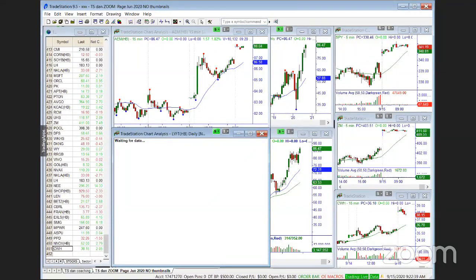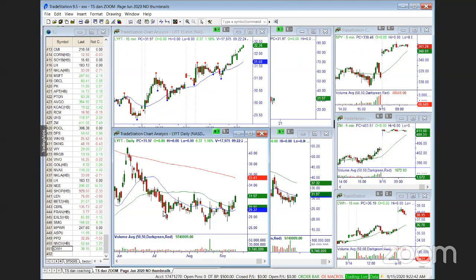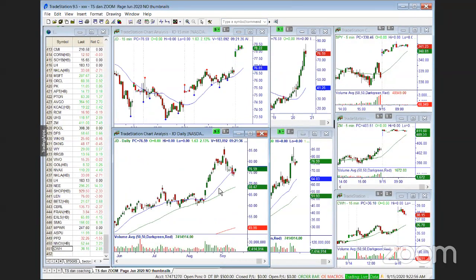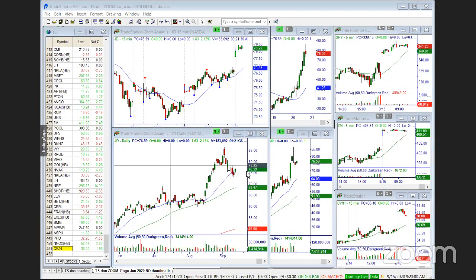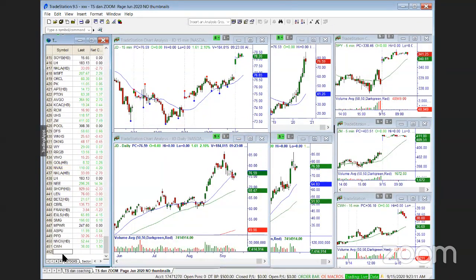William, Lyft. Yeah, Lyft. I had it as a put spread. We didn't get filled, and we were contemplating putting that in as a swing, and I didn't do it. But yeah, it looks higher, William. Like JD, there's $78. Yeah, you know, there's so many stocks that have made the turn here, and that has a price void. So I'll put it on the list, sure. JD, Lyft,